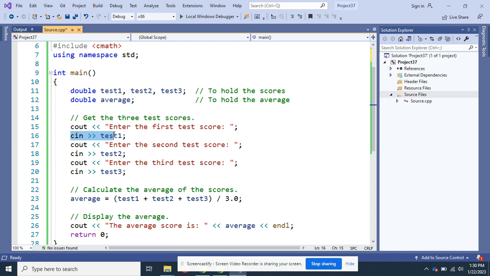That's what the cin's for. The arrows go in the opposite direction of cout. And it's going to wait for 1 test score because I've got one variable here.